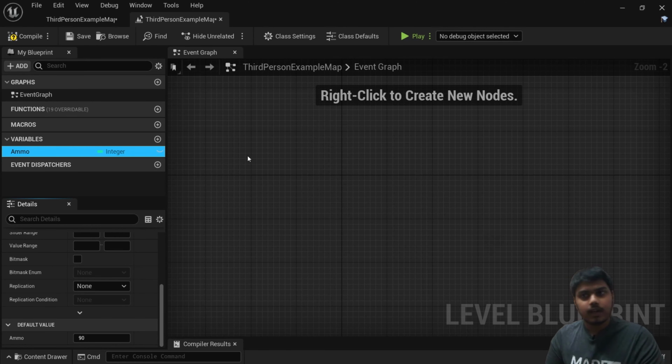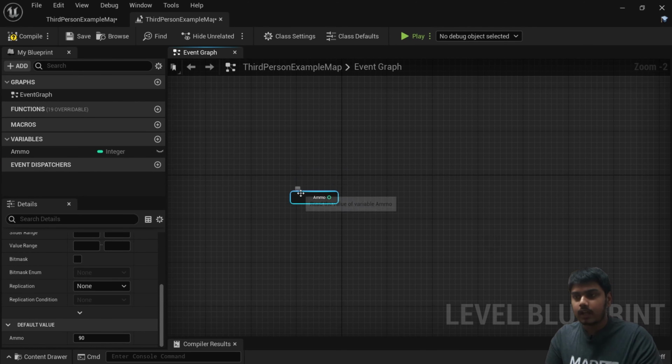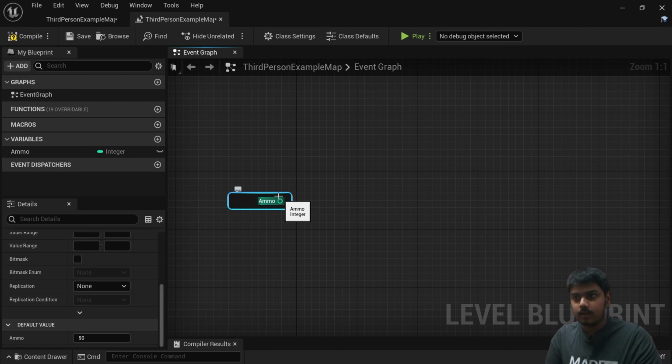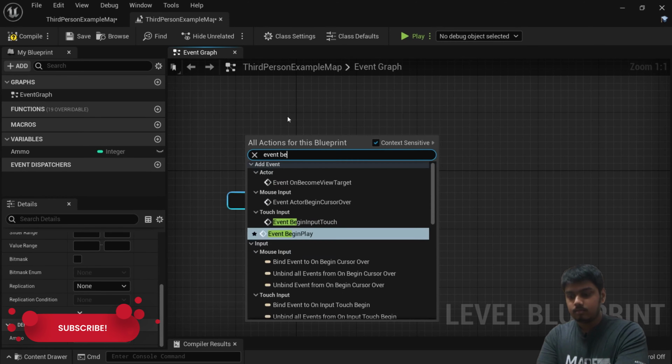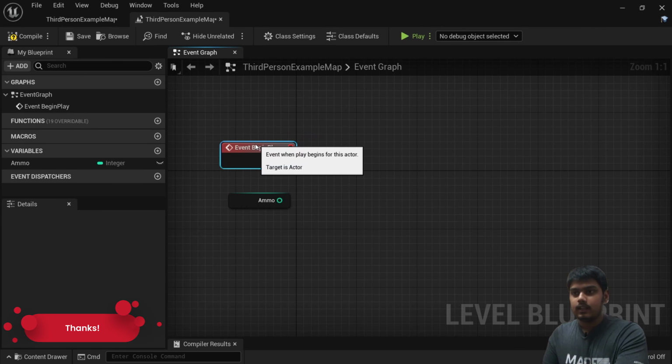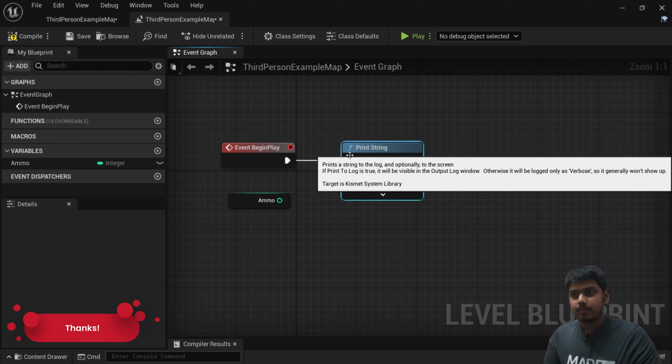Now to use the variable, we can just select it and drag it into the graph like this. Once you release your mouse, you get these options, get and set ammo. Get is nothing but getting the value, and set is nothing but setting the value. If I use the get node, I can use the value inside that variable. A basic example: we'll do an event begin play,